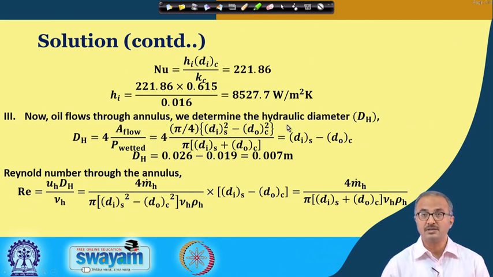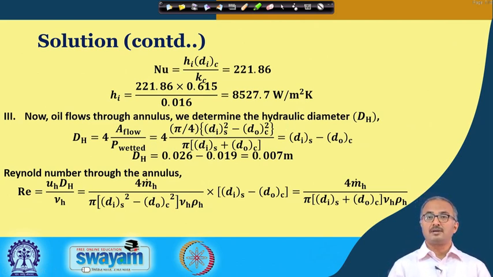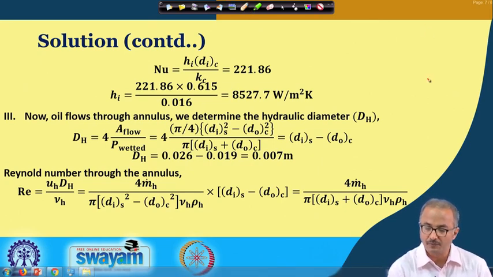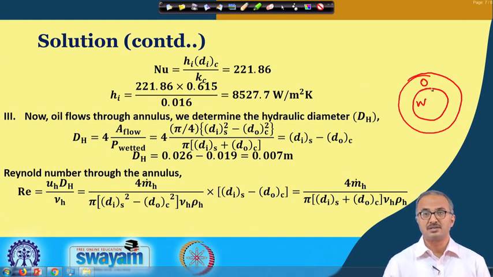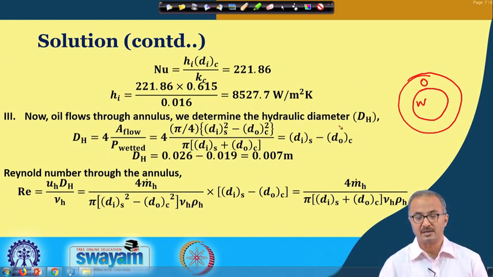Here you see that for the outer tube we do not have a circular geometry. The oil is flowing through an annular section. So whenever we deviate from any kind of circular geometry, we generally go with the hydraulic diameter. So you see that this is our system. In this system, water is here and the oil is here. Because the oil is in the annular section, we need to find out the hydraulic diameter, and by definition of hydraulic diameter, this is equal to 4 times the flow area divided by the wetted perimeter.